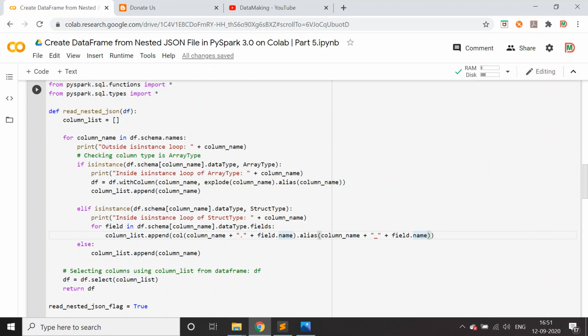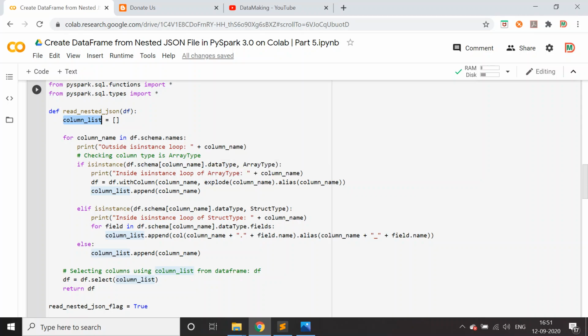If it is else, I'm preparing a list of columns. Whenever I add new columns, I'm iterating all the columns in the data frame. If it is struct type, I'll use the dot operator and give the new column name. And if it is an array type, I will explode and store it in a column name.